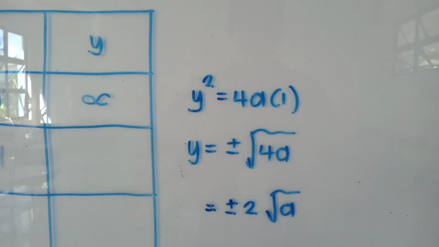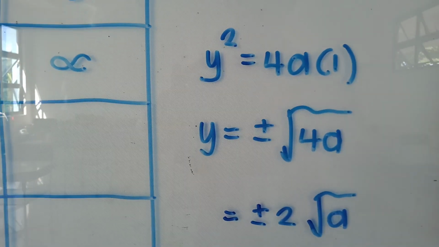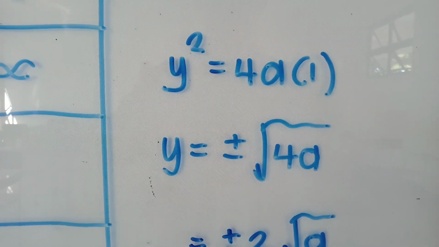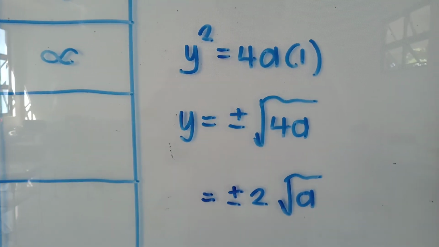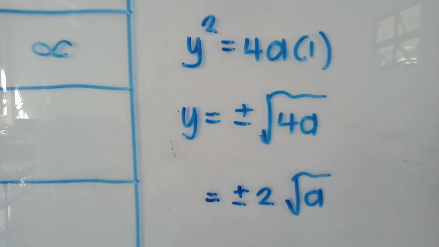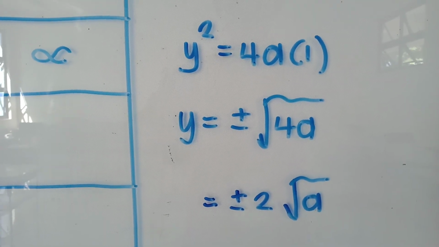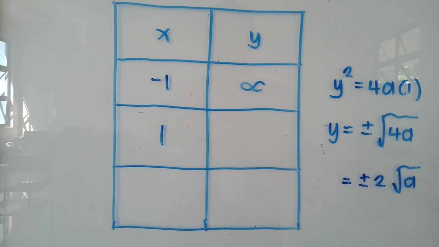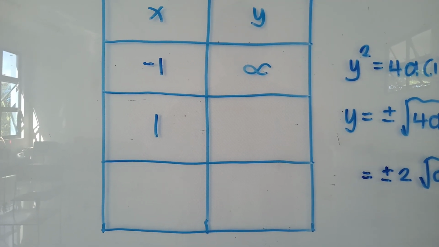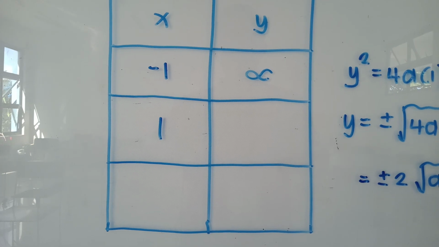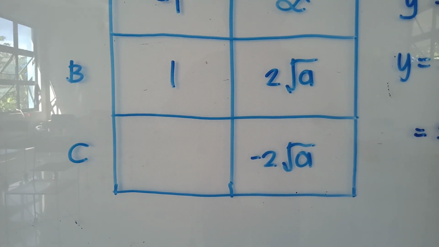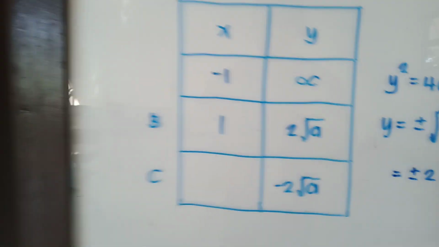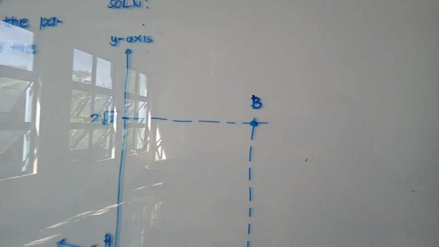And as you can see, we will come up with 2 values of y because the square root of a particular number has 2 values. One is positive, the other one is negative. Since 4 is a perfect square, we may extract the root, and the square root of 4 is 2. So therefore, with only one x value, we will have 2 y coordinates, and these are the y coordinates of an x coordinate which is equal to 1, and this is point B.